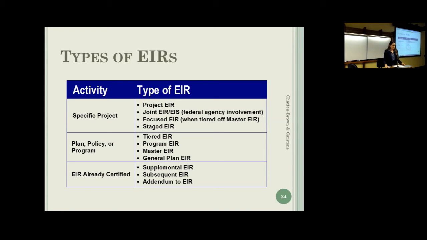Something I've also been seeing a lot of lately are addendums to EIRs. That's when there's no new information of significant impacts that is being included. And that one is interesting because it doesn't have the same public review process. There isn't a comment period for those. So again, getting in your letter to request notification is important there because you might not otherwise have as much public notice on a case when there's an addendum.